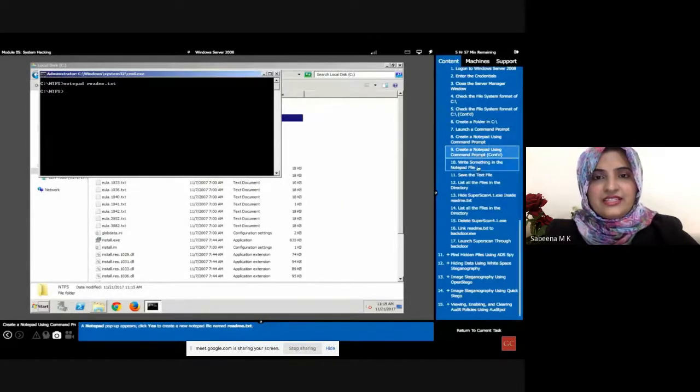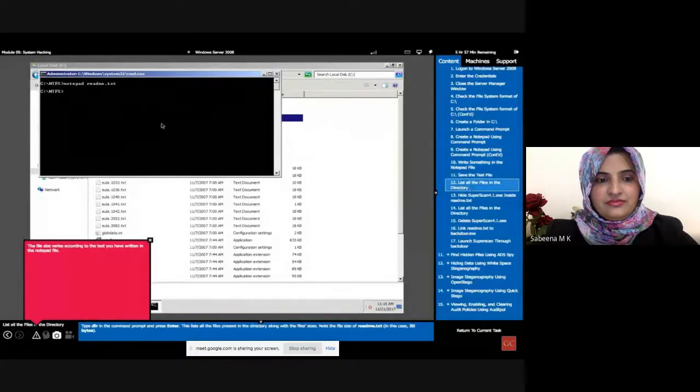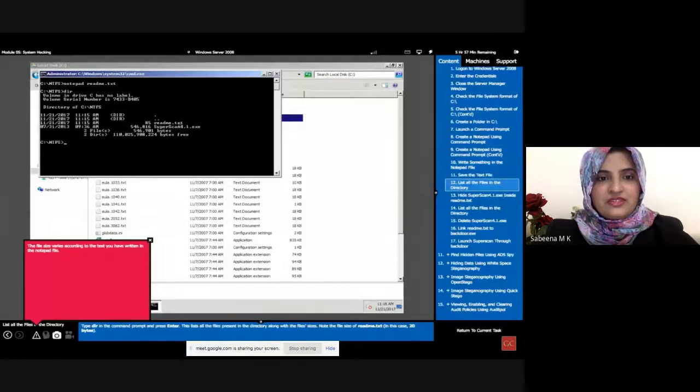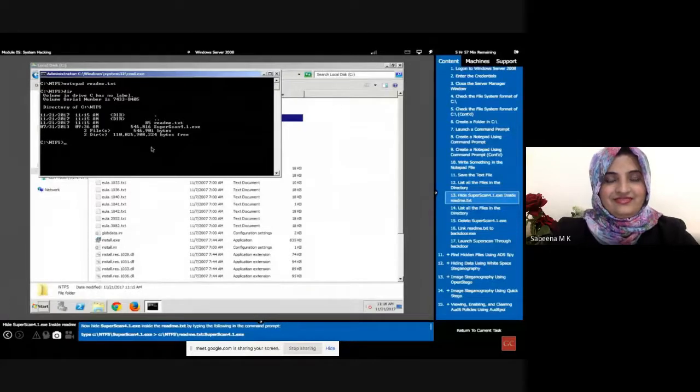Now, once you have done that, NTFS. Now go for list directory, dir. Yeah, you can see there is a text file called readme.txt, which is 85 bytes. Now what I'm going to do is hide this superscan2, which is part of this NTFS folder, inside this text file. So I'm going to type,